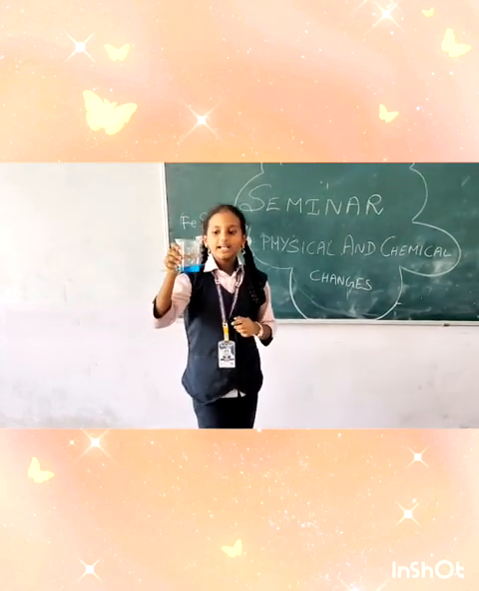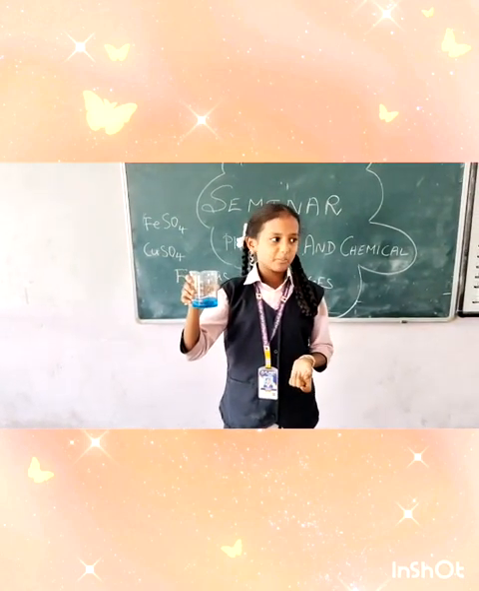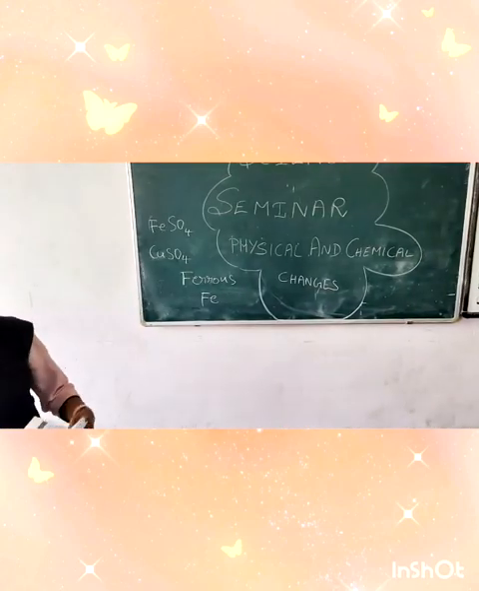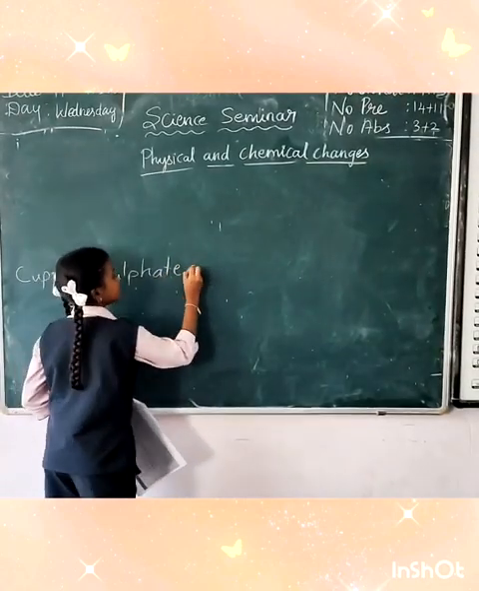Now I added an iron plate to the copper sulfate. After a few minutes, it will change into iron sulfate, which is the color of green. Copper sulfate is known as